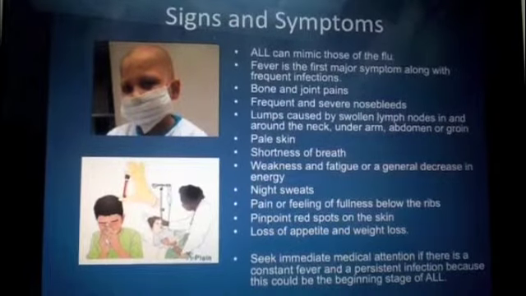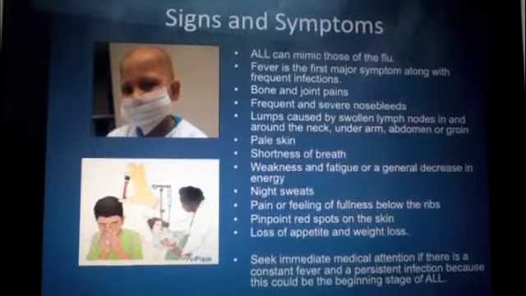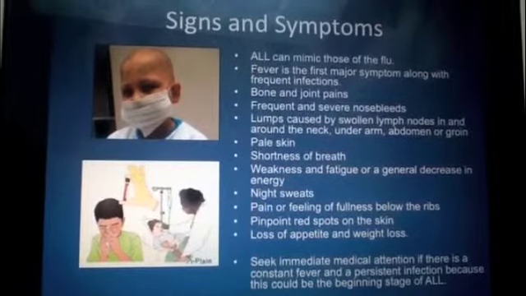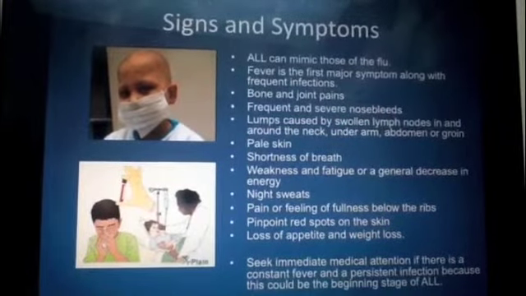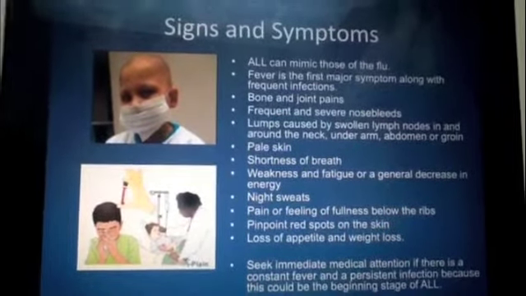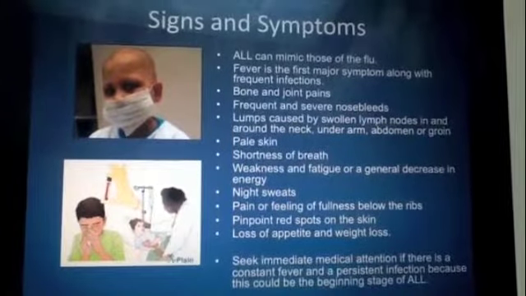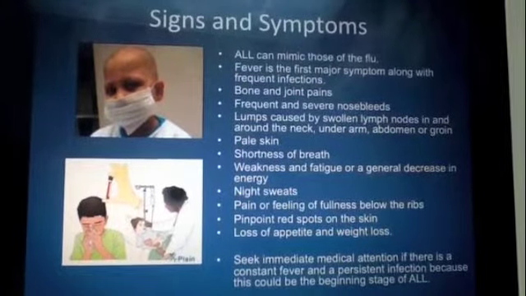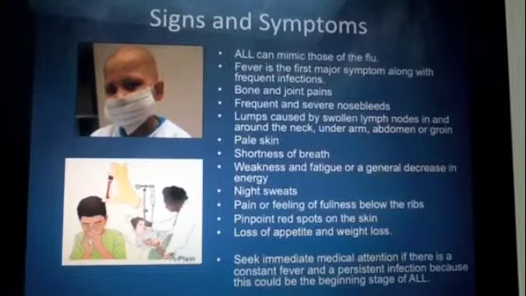Fever is the first major symptom, along with frequent infections. Seek immediate medical attention if there is a constant fever and a persistent infection, because this could be the beginning stage of ALL. Other signs and symptoms include bone and joint pains, frequent and severe nosebleeds, lumps caused by swollen